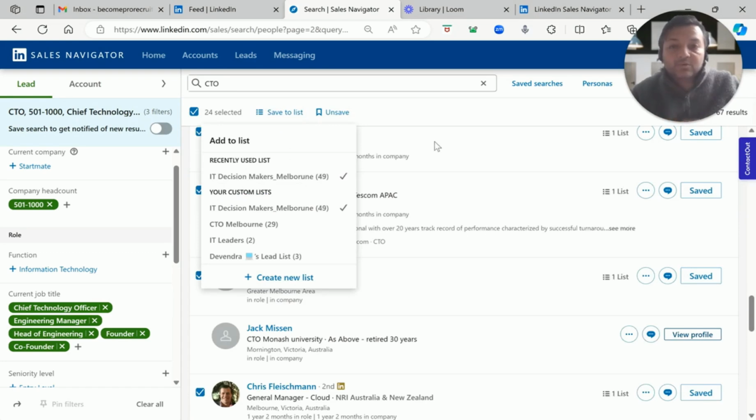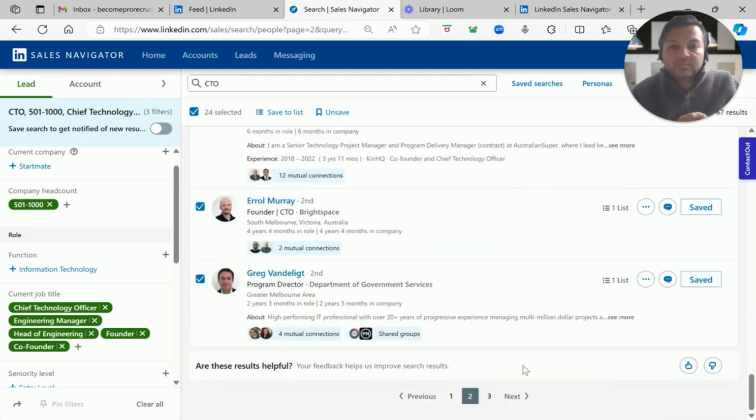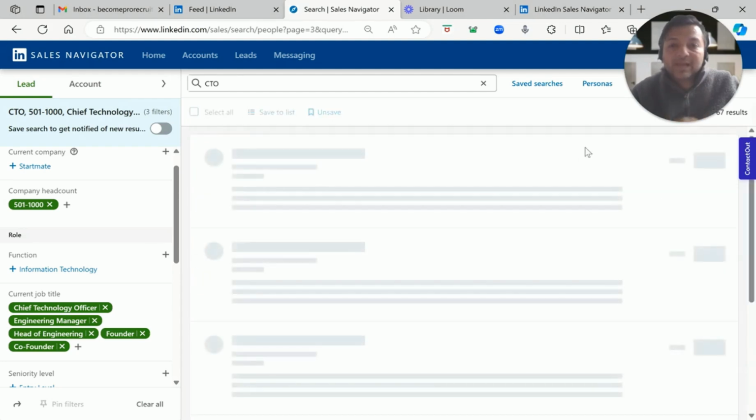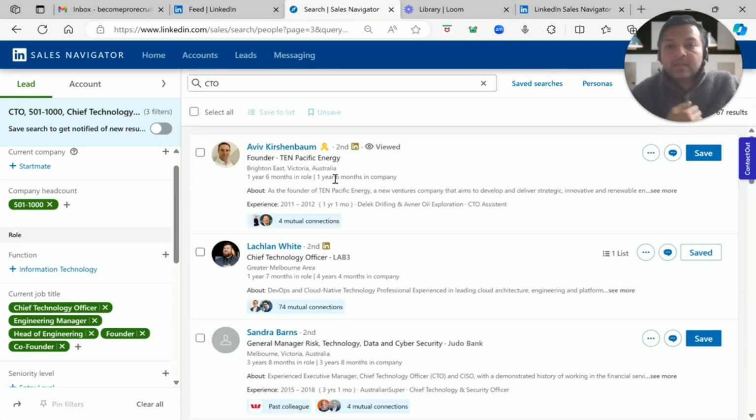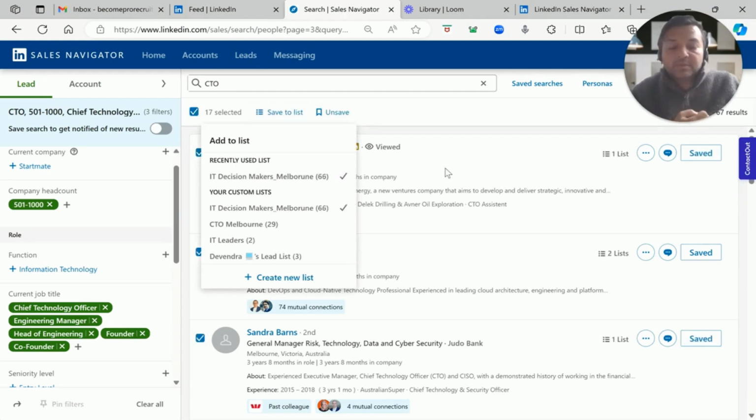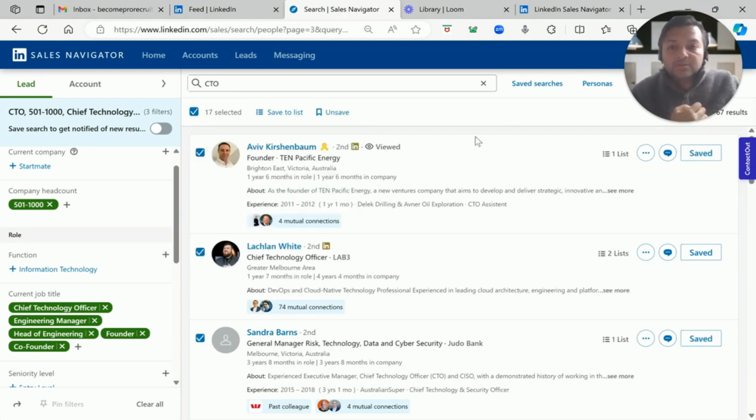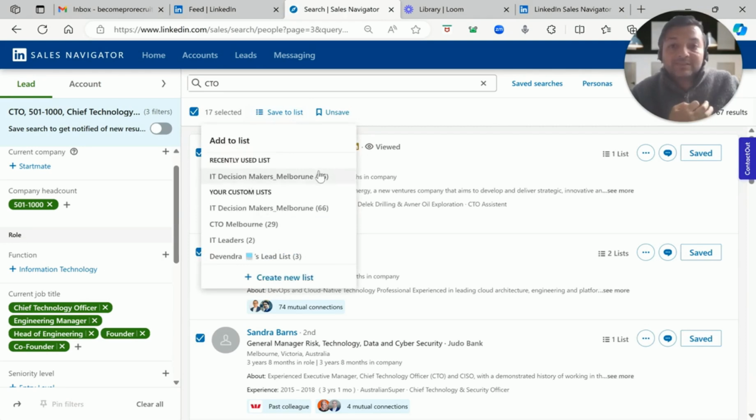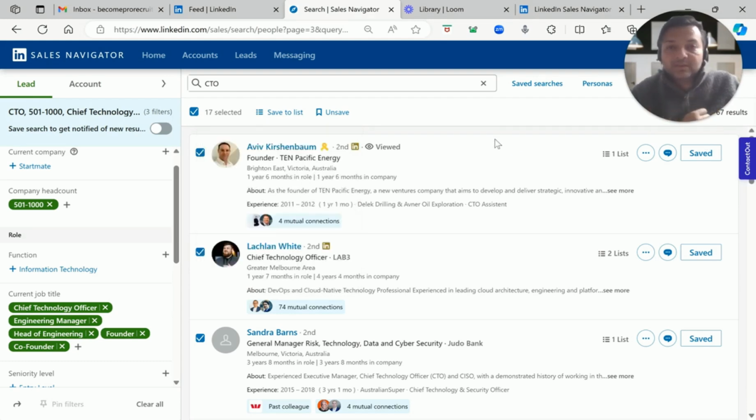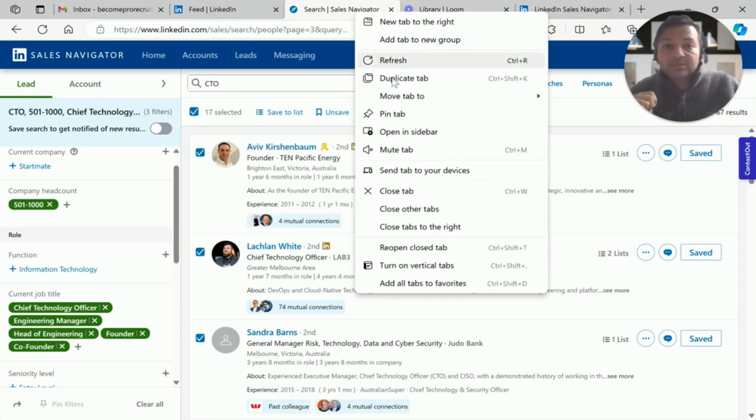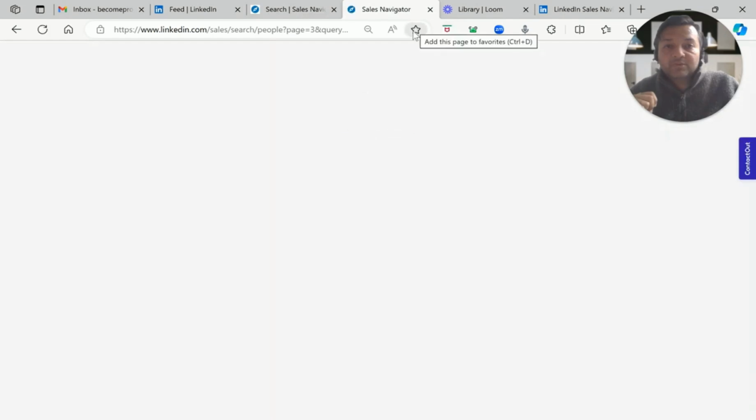I'll add 24 more people in this list, and so forth, and I'm going to add all 67 of them into my list after carefully reviewing whether they are the right people to reach out to. So I now have 66 people in my list. Not sure why it is showing 67, but 66 is enough. So I've actually created a list. So if I want to show this to you,